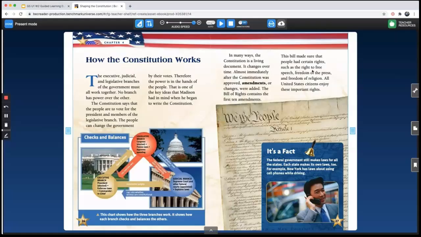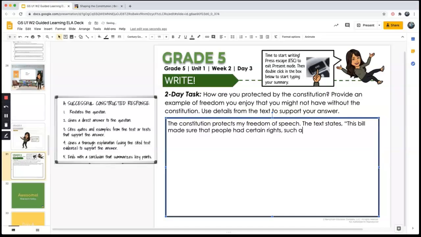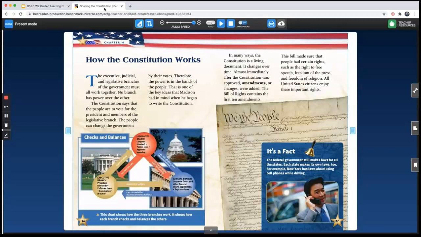Such as the right to free speech, and I don't need the rest, so I'm going to end it there. So this says this bill. My reader doesn't know what this bill is referring to, so I need to explain a little bit here. Okay? So I can explain